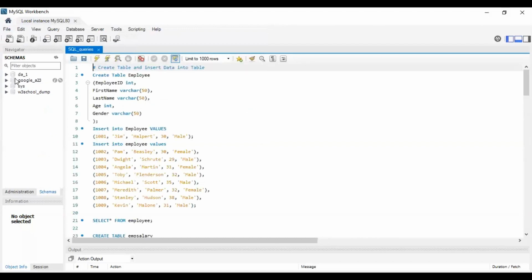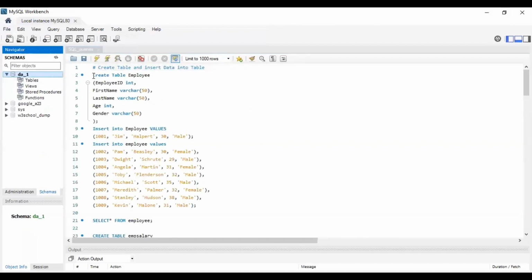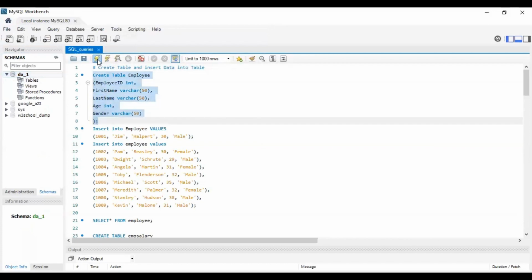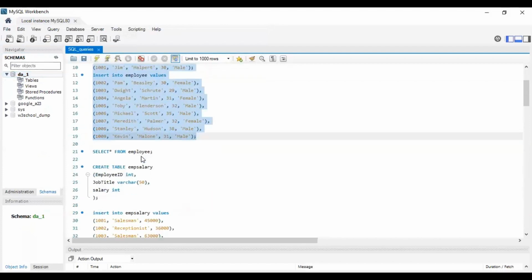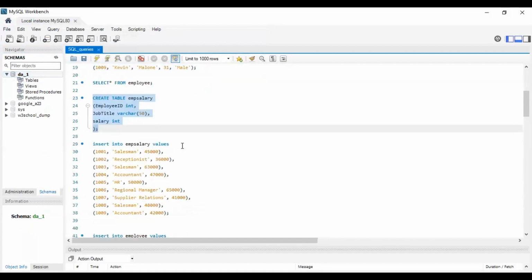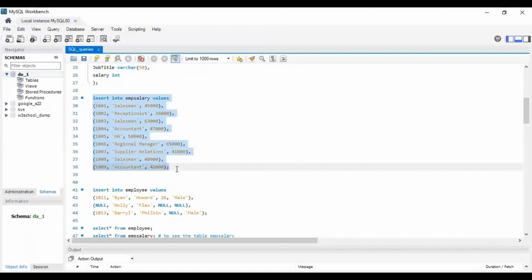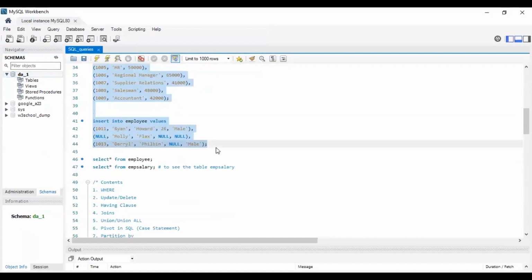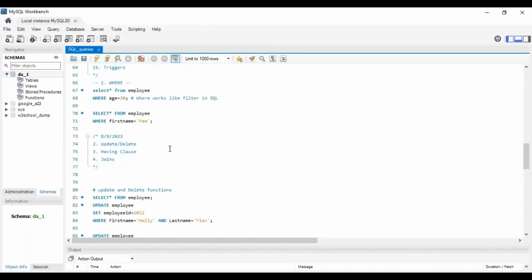Okay, so let me create all these files again, run it. Okay. Insert. Okay, create one more file and insert the data. Let me insert all the data. Then we are saying